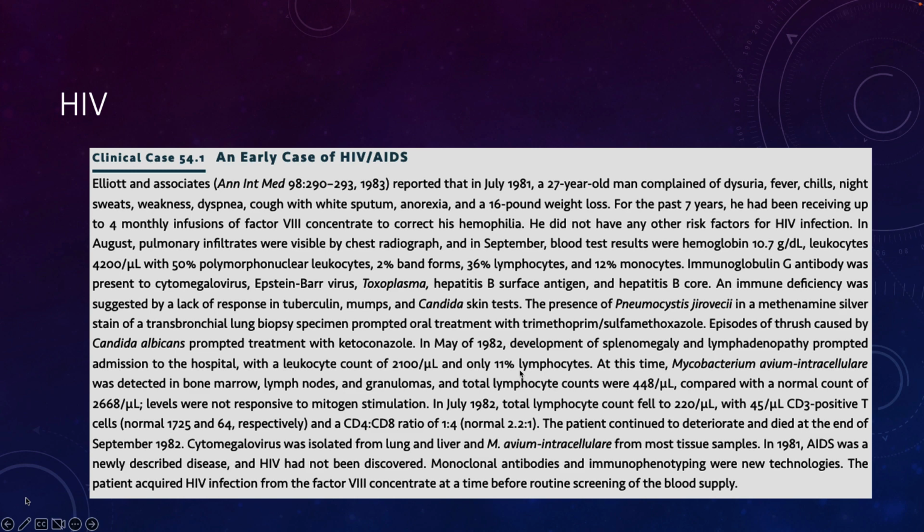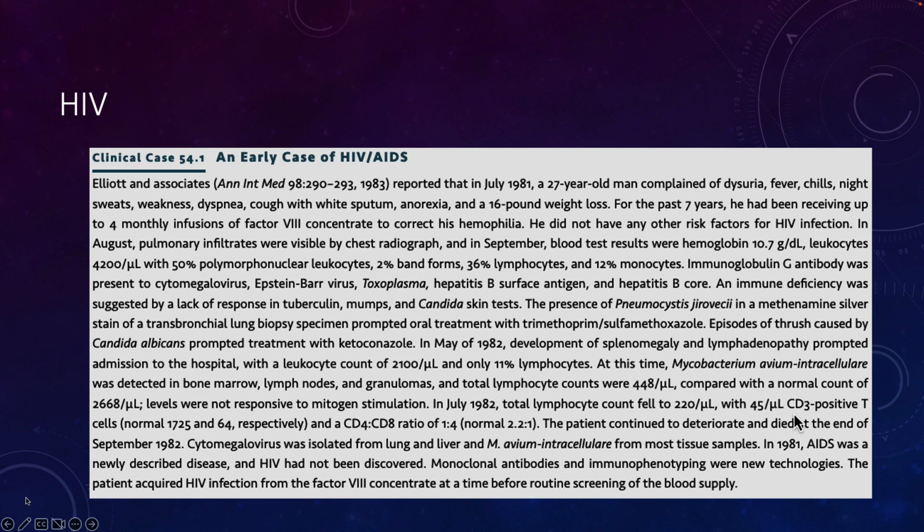At this time, he was infected with Mycobacterium avium. Again, very weird bacterial infection, very uncommon. And then his total lymphocyte counts were 448 compared with a normal count of 2668. In July of 1982, so a month after his initial contact with the physician, the total lymphocyte count was 220,